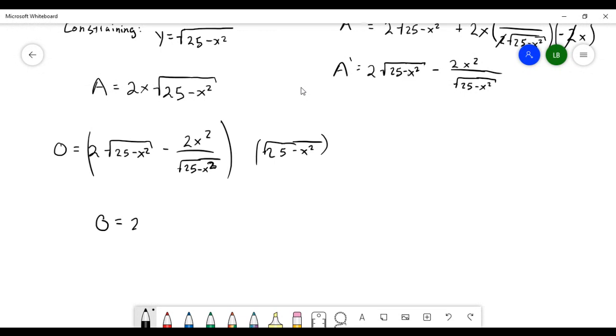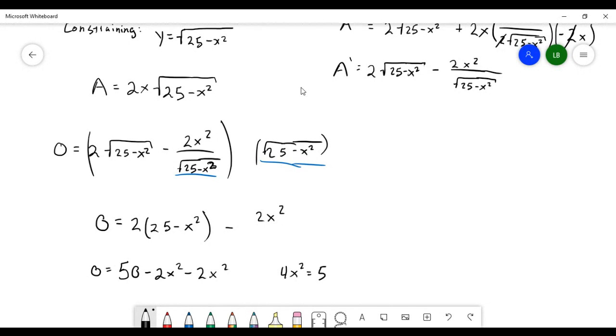Then we would have 2 times 25 minus x squared, not in a square root, minus 2x squared, because this 25 minus x squared and this 25 minus x squared would cancel and just result in 1. Then if we distribute, we get that 0 equals 50 minus 2x squared minus 2x squared, or in other words,